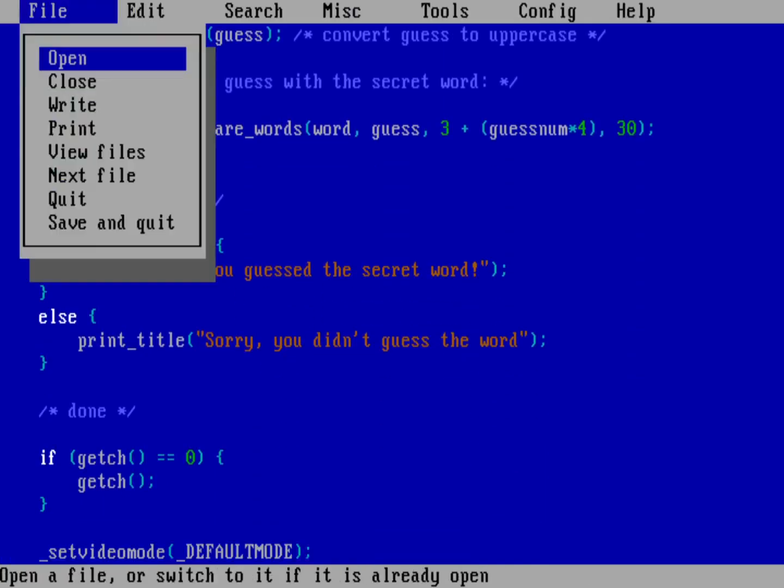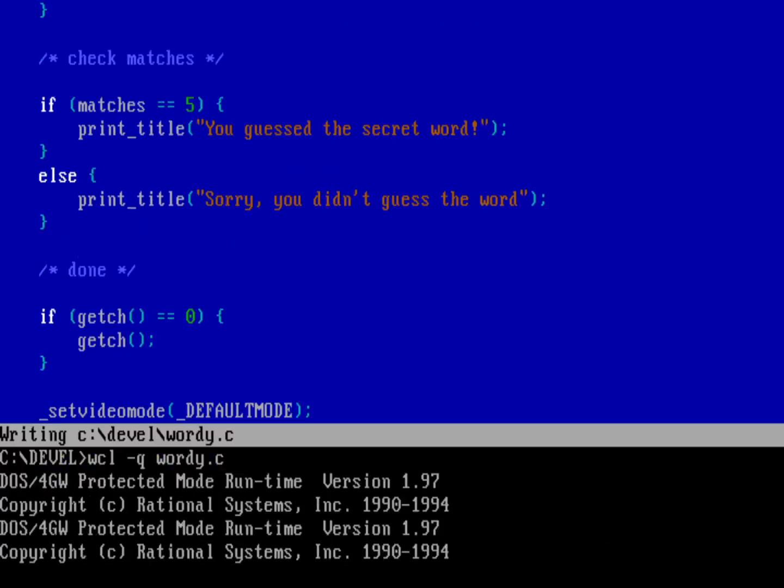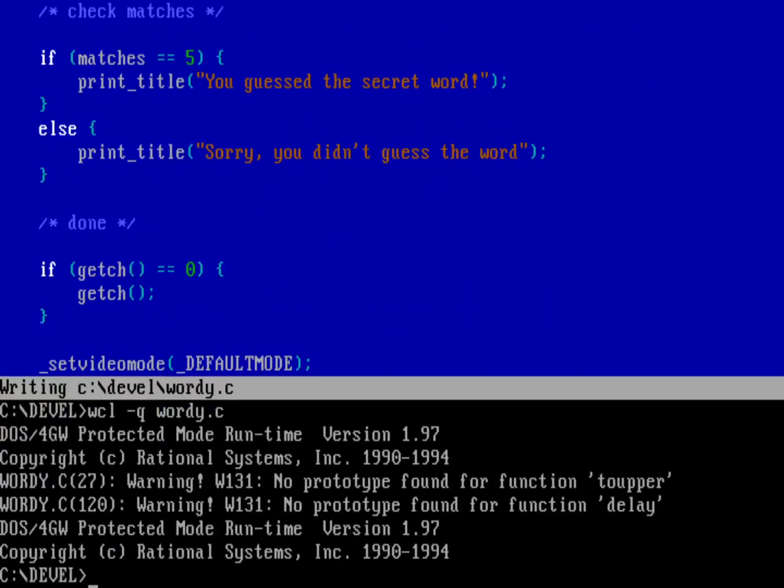So let's go ahead and make sure that this works. We'll save and quit, and we'll use the Watcom compiler and linker. Normally this prints a lot of extraneous output to the screen, which I don't need to see because I only want to see if I have errors. So we'll do -Q, quiet, and then wordy.c, and that will be my program. And I don't actually have a toUpper function. So let's go ahead and edit that. Also, no function for delay. That means I forgot to include an include statement for where those are. So we'll do fed on wordy.c,